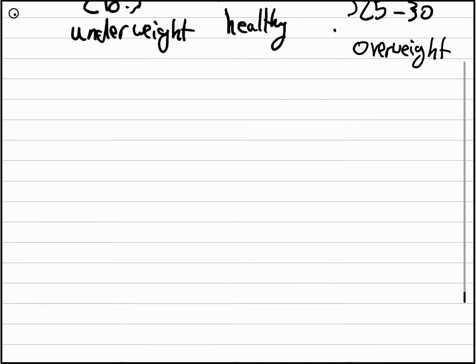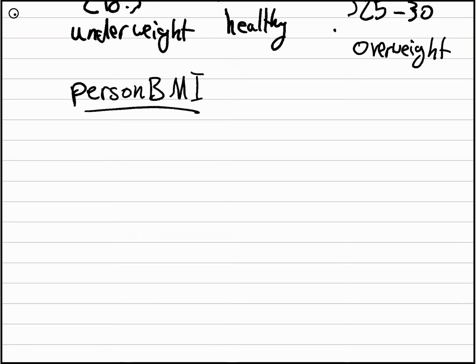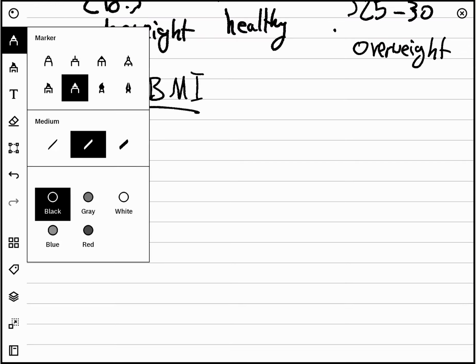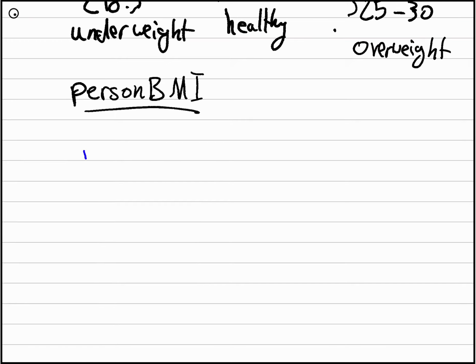So let's say that we already have the person BMI calculated already. All right, let's write some code. We would say if person BMI is strictly less than 18.5,